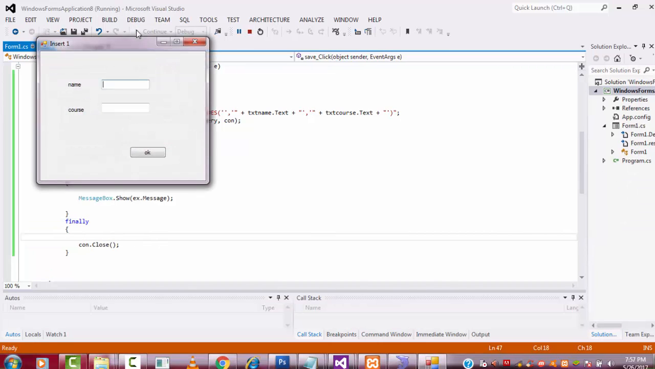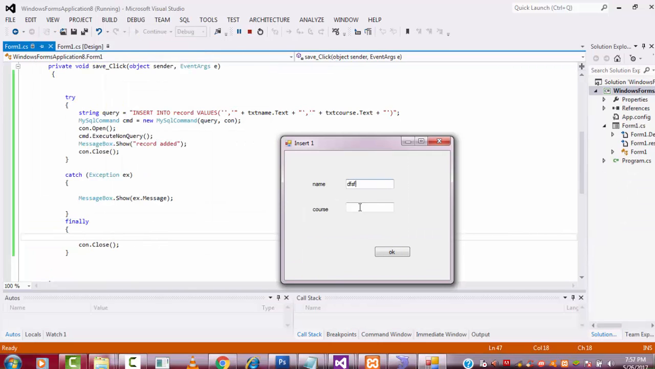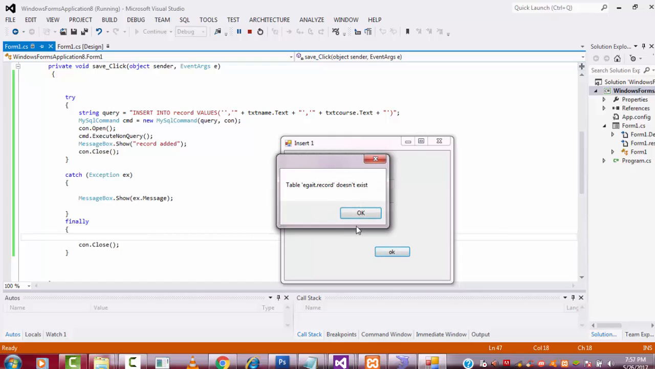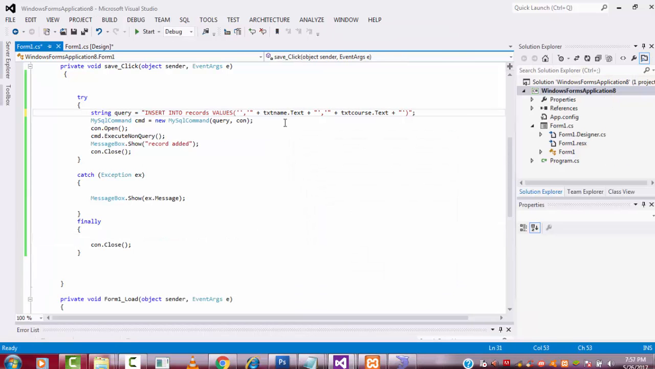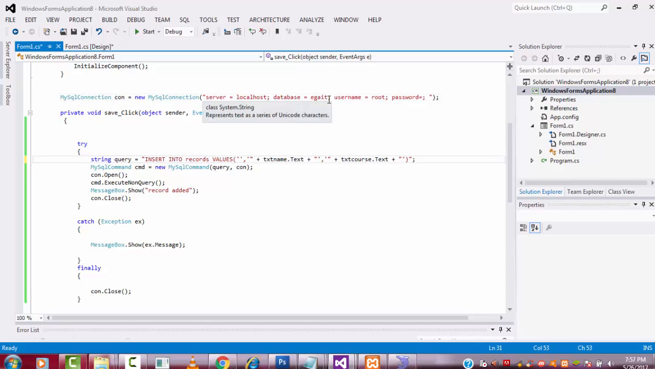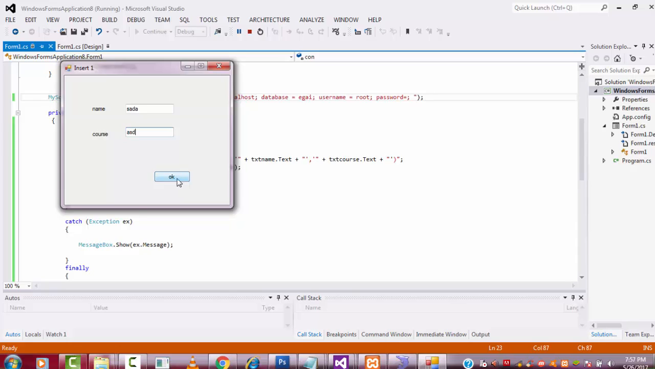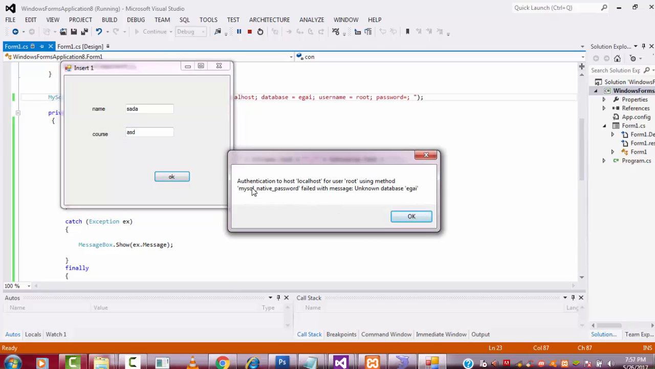Okay, you can type the record and click OK. Again it's wrong, because I haven't corrected the name yet, so the error comes here. If you change the database name, you notice again an error: authorization to localhost for user root, method mysql_native_password failed, using unknown database. This means what you mentioned here is